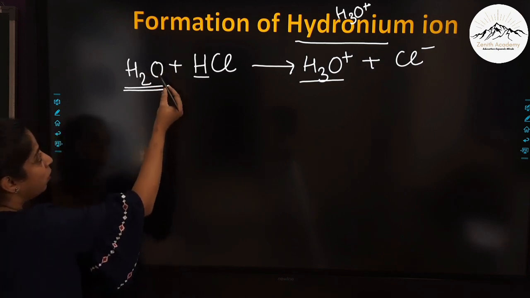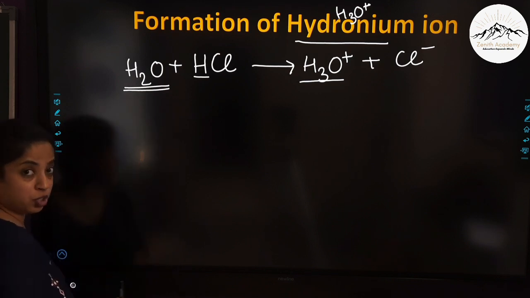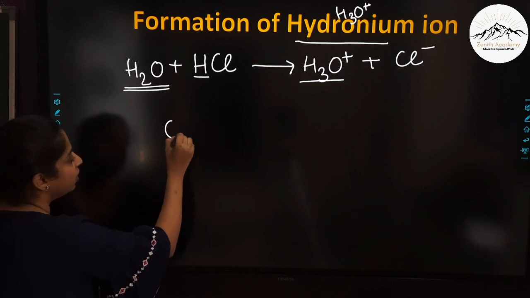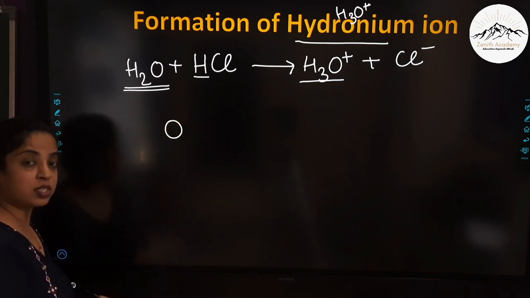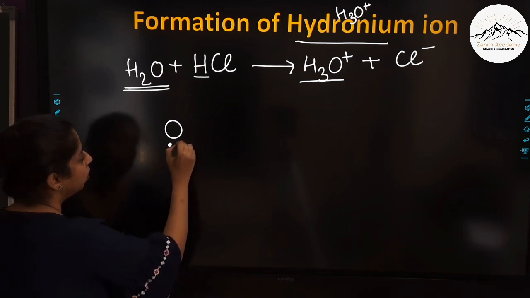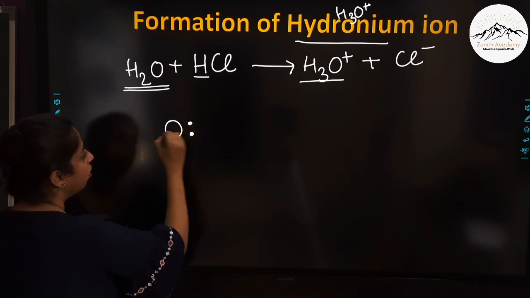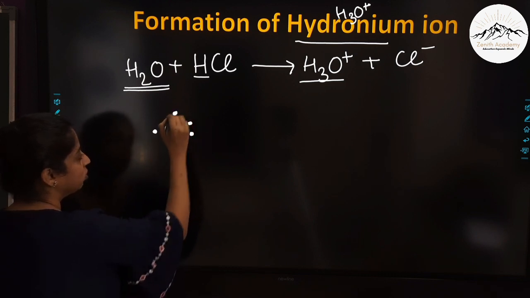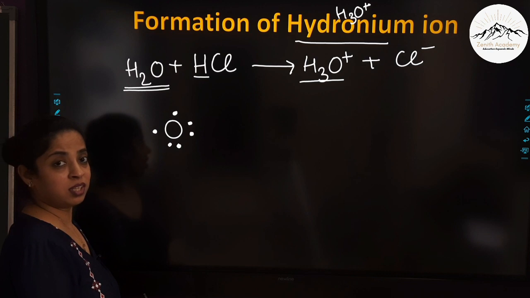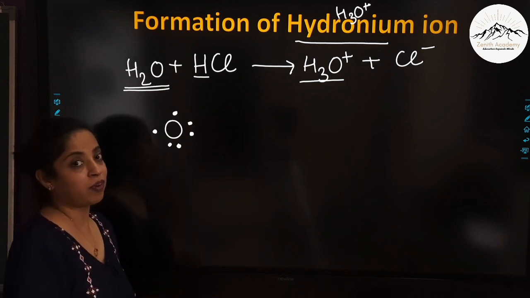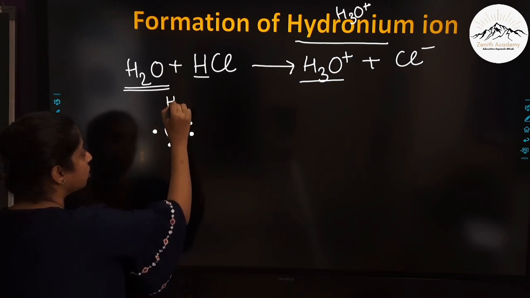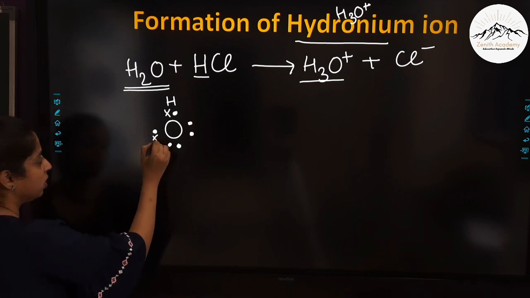Now you can see water molecule has one oxygen atom and two hydrogen atoms. This is a polar covalent molecule. Why is it polar? Let me tell you. This is oxygen. Oxygen has 6 electrons in the outermost shell: 1, 2, 3, 4, 5 and 6. Now there are 2 hydrogen. Each hydrogen has how many electrons in the outermost shell? 1, because the atomic number of hydrogen is 1. So if I represent electron of hydrogen with a cross, here I can make a hydrogen and here.